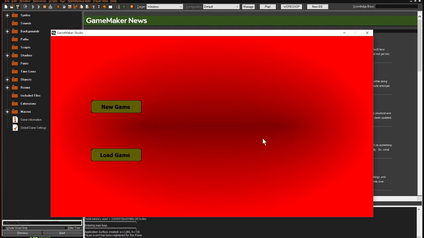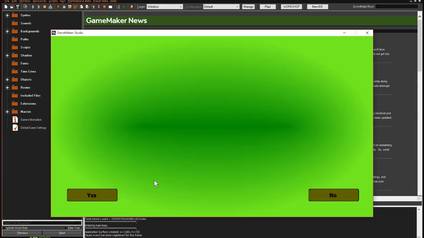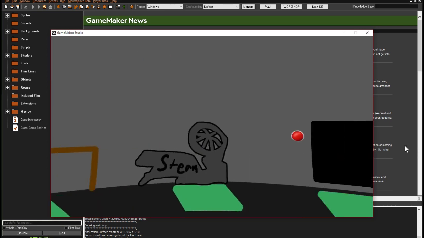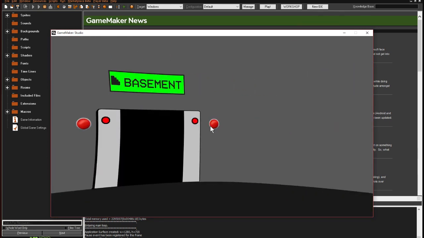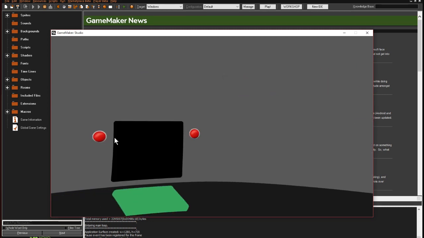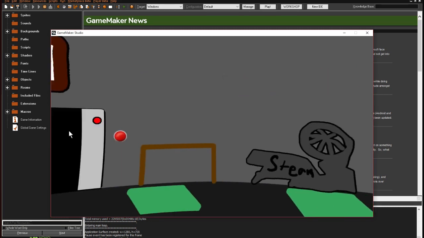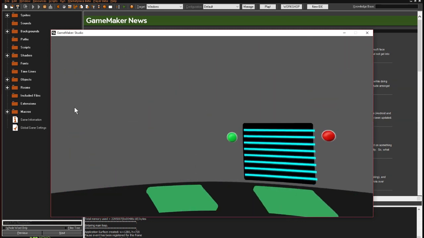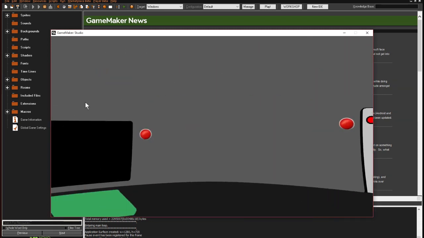It has been a very long time since I've been making any of this, and I really don't know if anyone wants to see this anymore, but I hope you do. Because this is another part of my Five Nights at Freddy's in Game Maker tutorial series. What I've made in the other parts is pretty much the doors: opening and closing the doors, and the gate, and the office. So it would only make sense to actually start making the